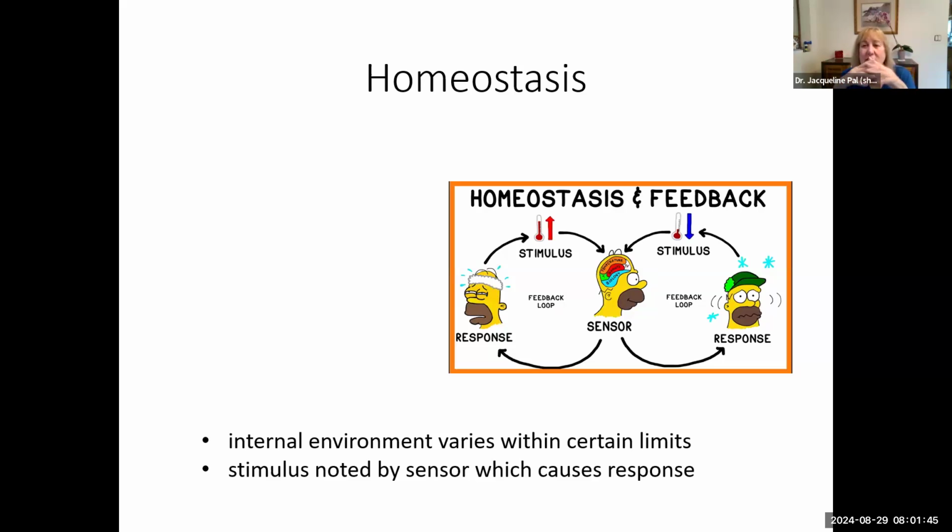So here's what happens. As your temperature goes up and down, there's a little sensor in your brain, this little part of your brain in your limbic system called the hypothalamus. And it's reading your temperature. And when your temperature goes up, it's going, temperature's going up. And then it sends messengers out to your body saying, temperature is going up. Kind of like a thermostat in your house goes, temperature in the house is going up. In your house, it would say, turn on the air conditioning. In your body, it says,